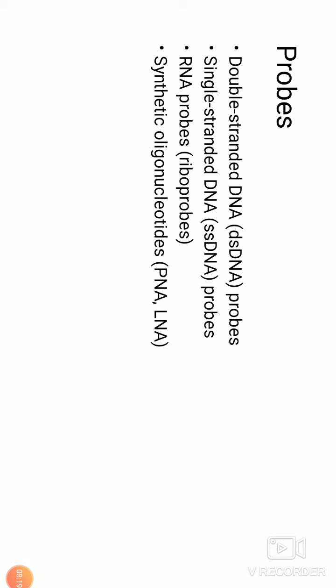Coming to oligonucleotide probes, it is also a short sequence of nucleotides synthesized to match a region where a mutation is known to occur, and then they are used as molecular probes to detect it. So what are the different labelings? You can have a radioactive labeling, you can have a non-radioactive labeling. Now I have mentioned here radioactive labeling.